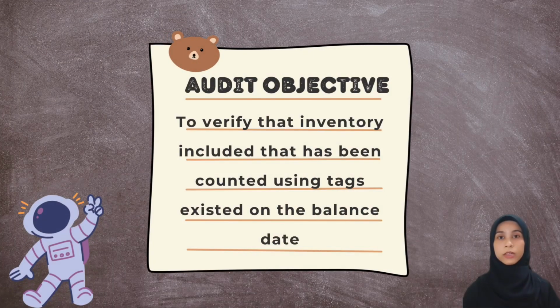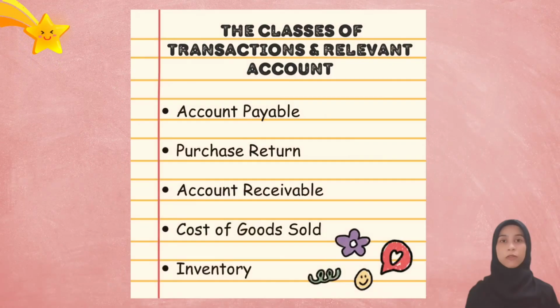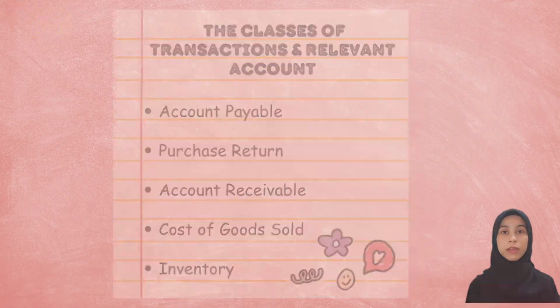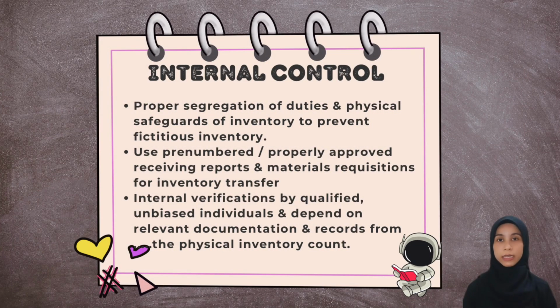The audit objective for inventory is to verify that some of the classes of transaction and relevant accounts are comparable: purchase return, account receivable, cost of goods sold, and inventory. Internal control for inventory. The first is to make a proper separation of duty and physical safeguard of inventory to prevent replication of inventory. Second, use pre-numbered or properly approved receiving records and material requisitions for inventory transfer. The last one is internal verification by qualified and unbiased individuals and depend on relevant documentation and records from the